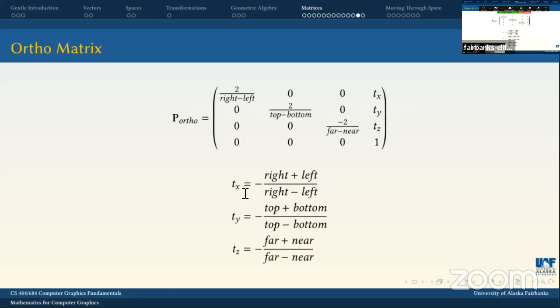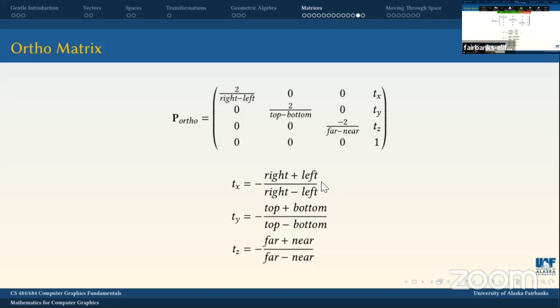Okay, then this particular matrix, the ortho matrix, has to do with projection. This is where we would like to go from 3D coordinates to 2D coordinates. So we can use a matrix that actually gets all that math ready for us. And so this one,